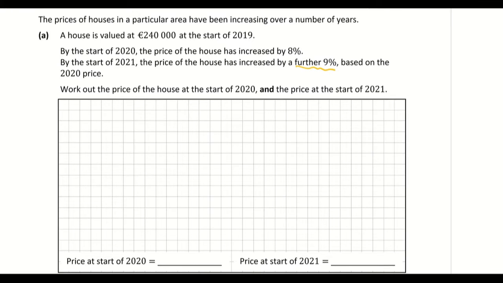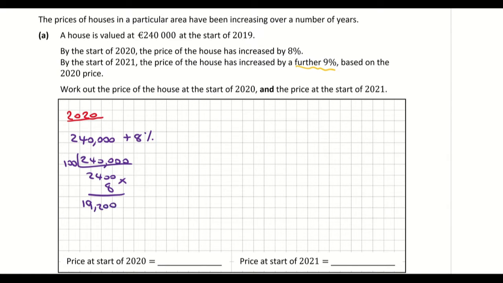So first of all, let's work out the price of the house at the start of 2020. So that's basically 8% added on to the original price of 240,000. So 240 plus our 8%. So to get our percent, we divide by 100 and multiply by the 8. So 240,000, divided by 100, and then multiply by our 8%, which is giving us 19,200. We then add that on because that's the increase to the 240,000, and that is going to give us